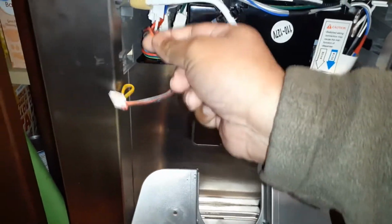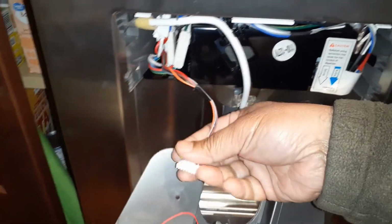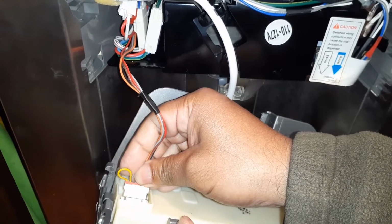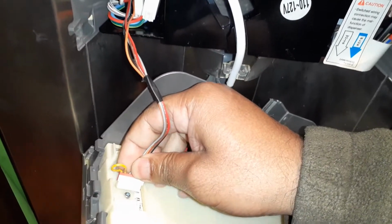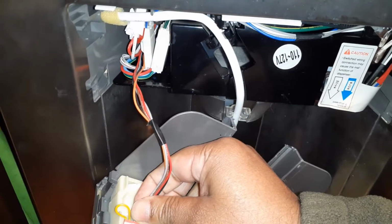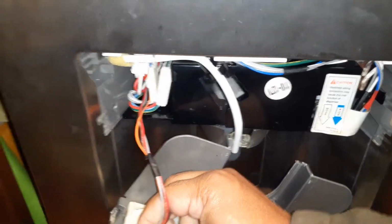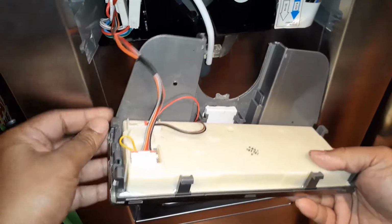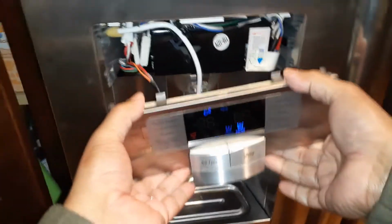While putting this back on, just make sure that this wire is within this area and not coming out here. And I'm going to put this thing back on. So this goes in. This goes in right here, and it should click. There you go. So I was able to put this clip back on, and it has been fine. I'm going to snap this back in,